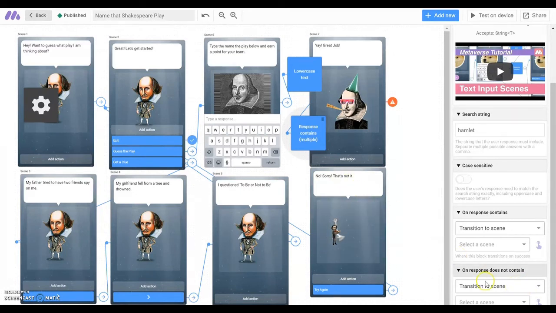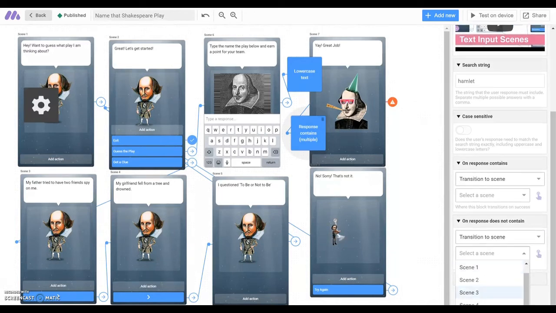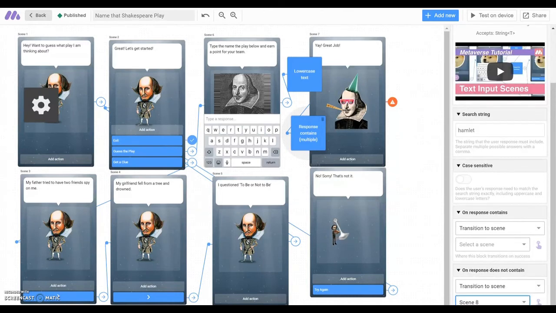So that was scene 8. And then if the response does contain Hamlet, then we're going to transition to scene 7.